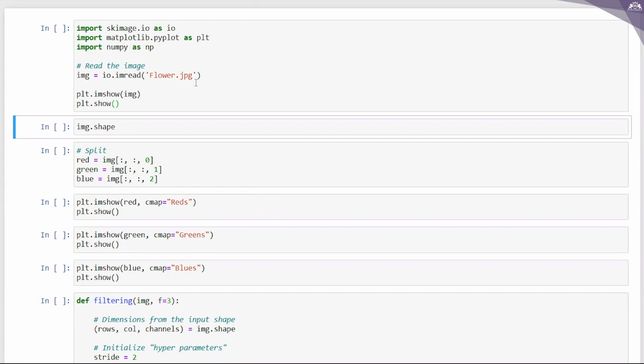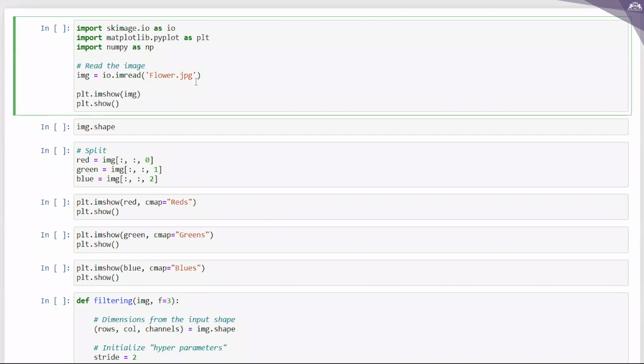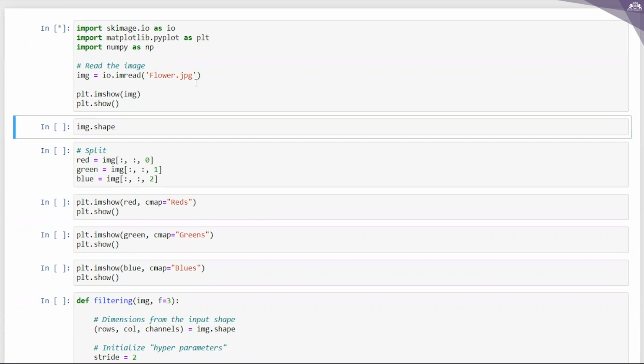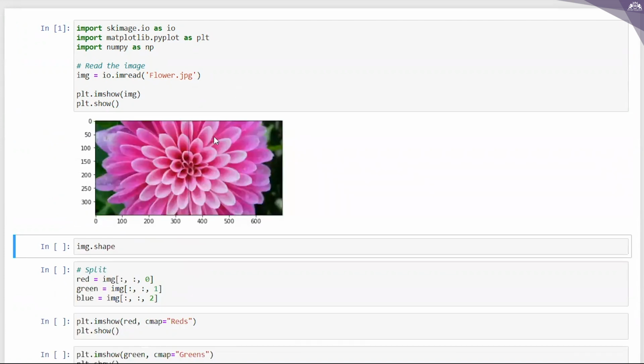Then I'm reading the image, flower.jpg. So basically I have taken a flower image, and now I am just loading it in the img variable. When I execute the code, you can see the colored image getting stored in this img variable.